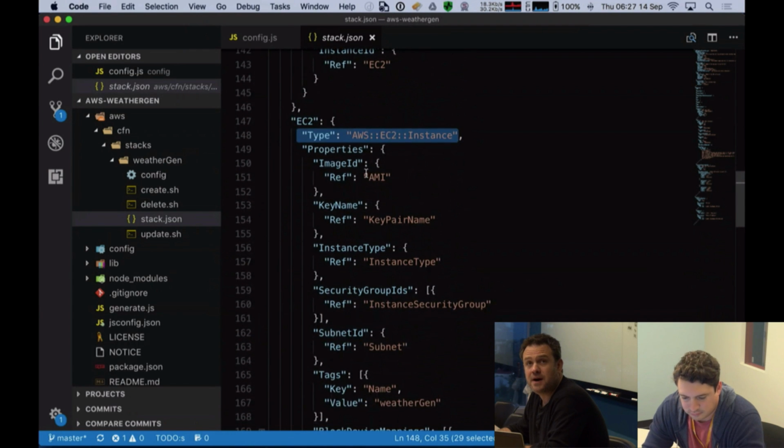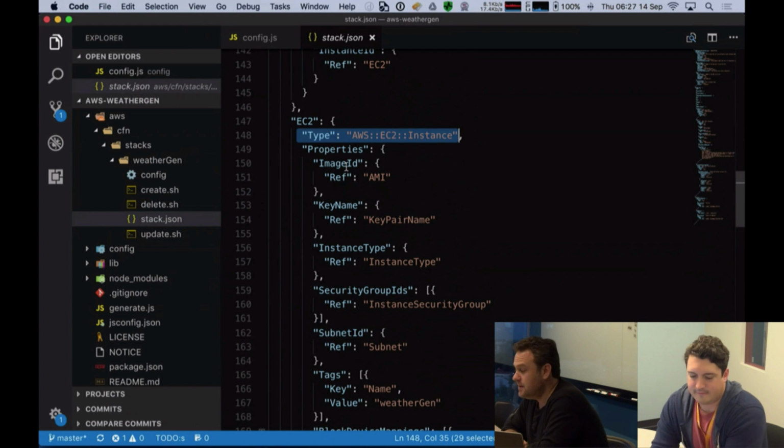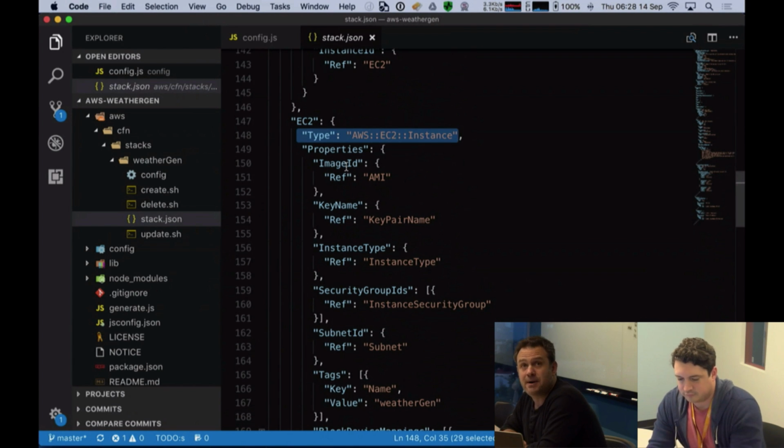And in here we define an image ID, which is an AMI. And the AMI is an Amazon machine image. We're using a standard Amazon Linux image here. You guys can feel free to change that and to use an operating system that you're comfortable with. One of the great things about deploying Node.js code is that it's really, really portable. So you could use Ubuntu, you could use CentOS, you could pick another publicly available AMI, but if you've already got an AMI that you use, you could also leverage that.